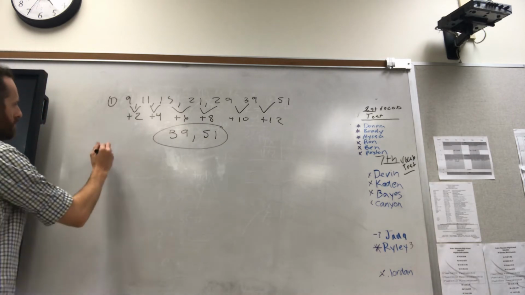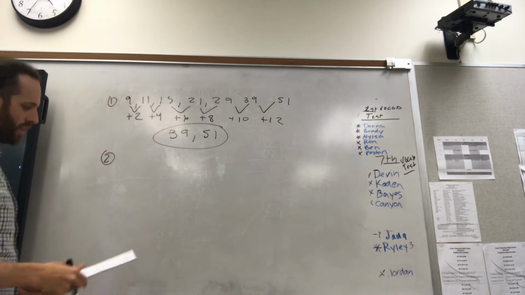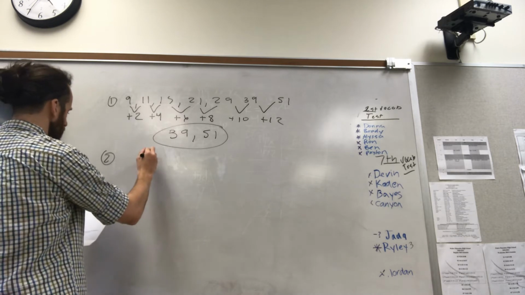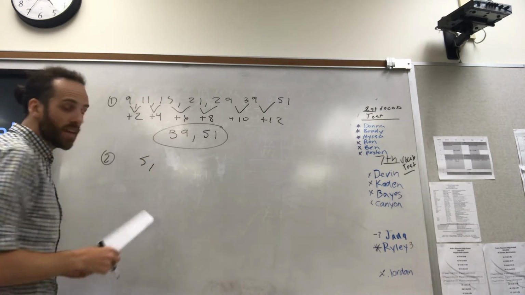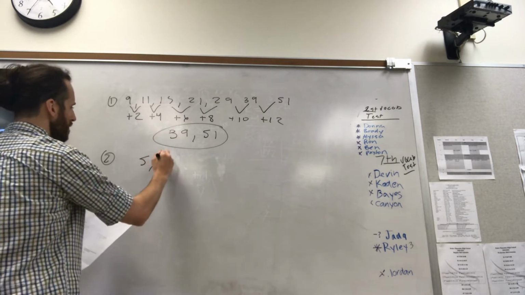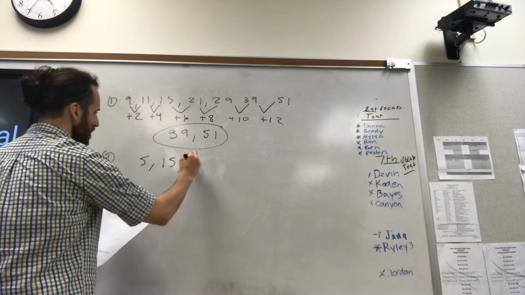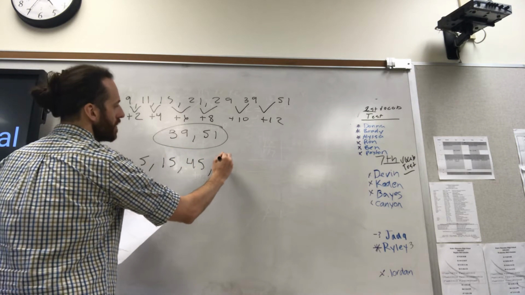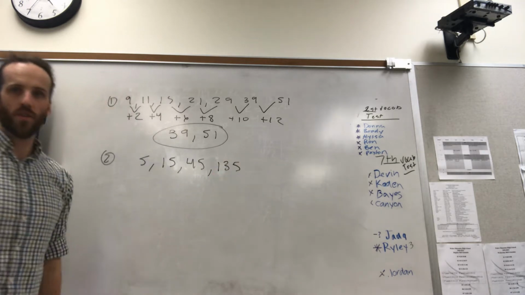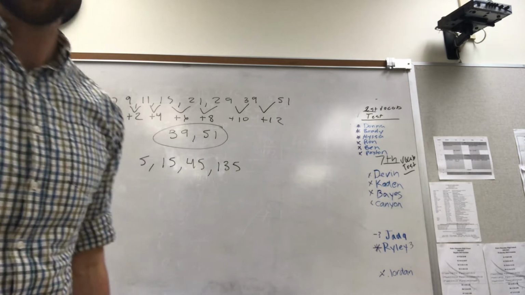All right, the next problem was the same, but a little more difficult. Same situation, determine the pattern and name the next two numbers in the sequence. So you have 5, 15, 45, and 135. So now that we have these numbers,